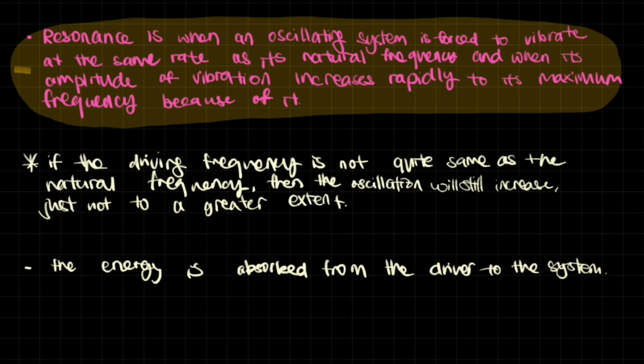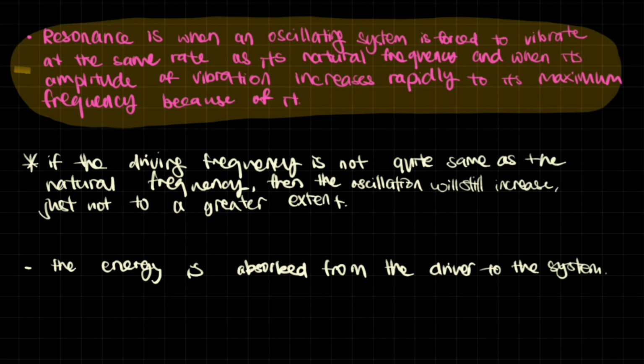Well, imagine if you had a forced oscillation, which means there's a system that keeps transferring energy to it, but it does so at the same rate as the natural frequency. So the oscillation amplitude is going to be increasing extremely rapidly. That's resonance. If the driving frequency is not quite the same as the natural frequency, the oscillations will still increase,